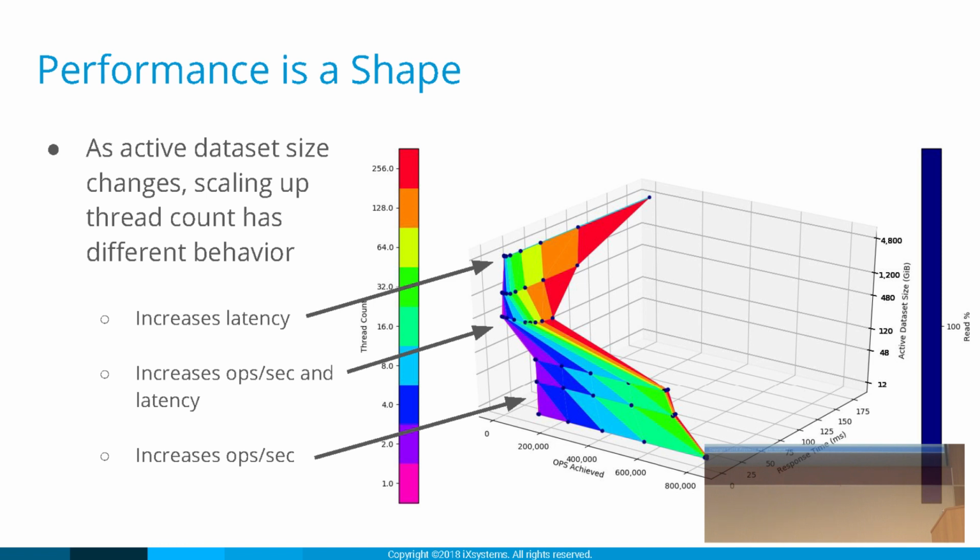But for this storage system, for this I/O size, for this workload, we can see this is the performance shape of this system. And it's drawn by our thread count and our active data set size. There are even more dimensions you could add to this. We have to figure out how to plot a fourth and a fifth dimension though and be intelligible.